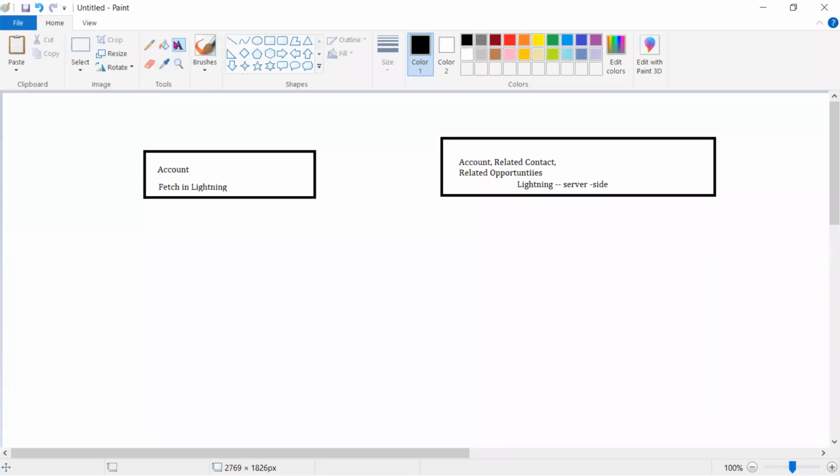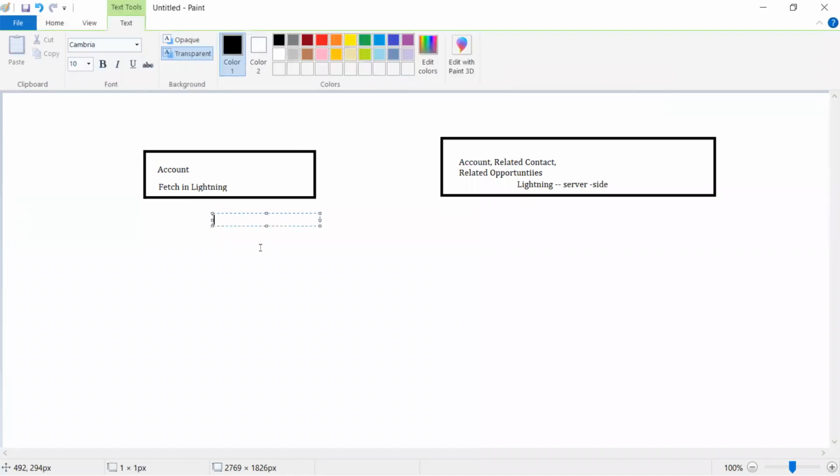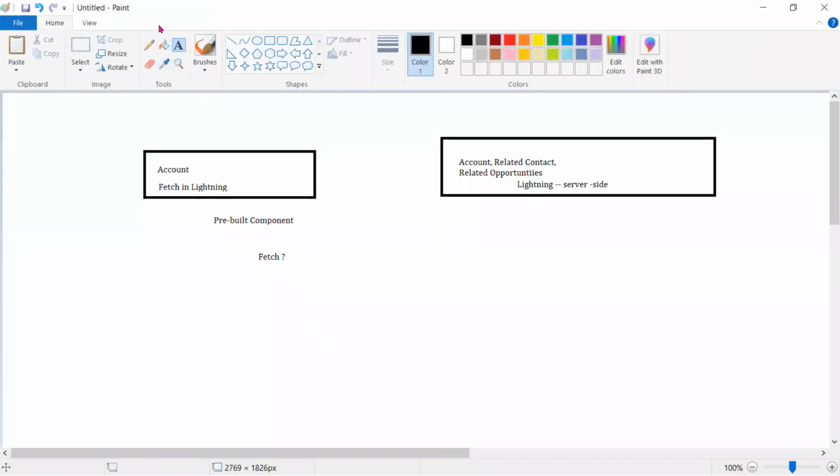Salesforce has given some pre-built component. I don't want to tell right now because everybody will get confused. There is a pre-built component Salesforce has given. By using this, they will fetch the data. Now, this pre-built component is going to look for